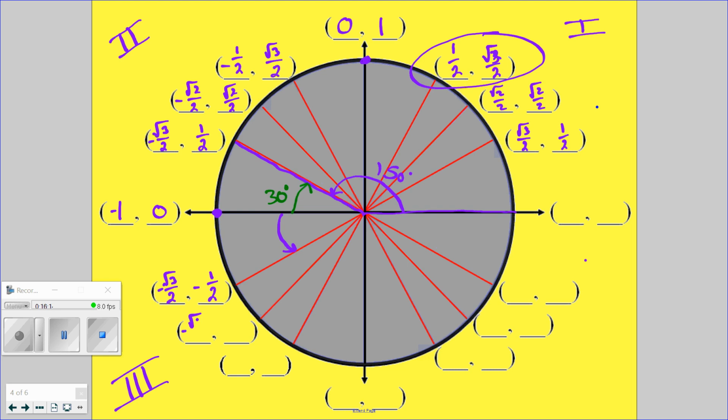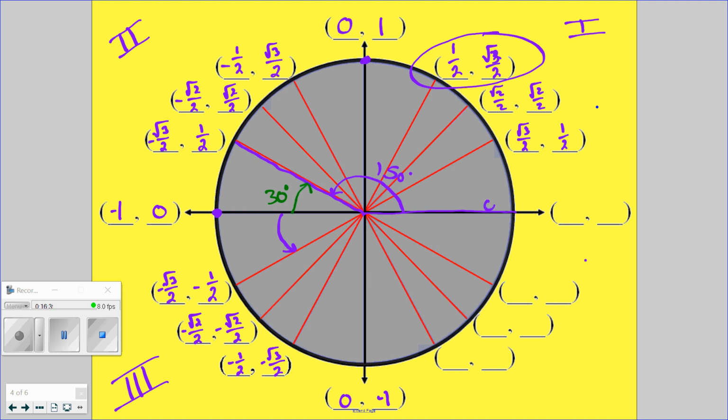So at 225 degrees, they're both negative: radical 2 over 2, negative radical 2 over 2. And then at 240 degrees, negative 1/2, negative radical 3 over 2. And then we're at 0, -1 at 270 degrees. And then as we keep going,